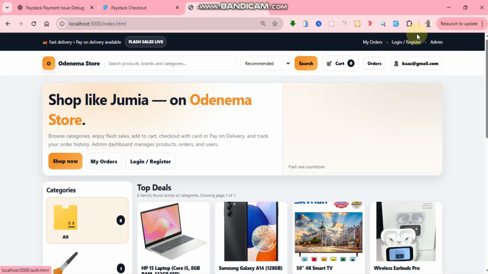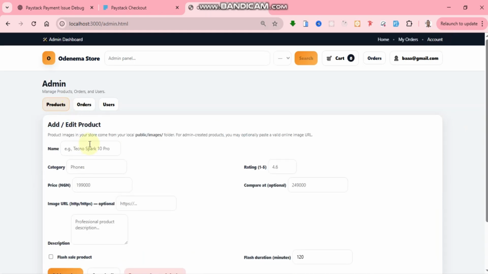You can see my orders now, login, admin. So here is admin. In admin, you can add products. Let's assume I want to add a product. Let's say I want to add Tecno Spark 530. The category, let's say it's 4. The price, let's say is 123. The image now,